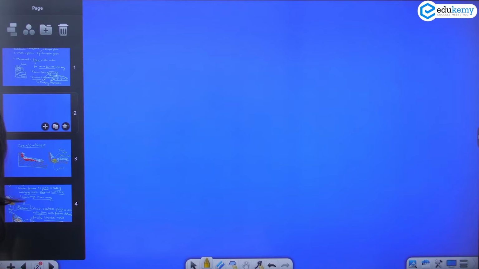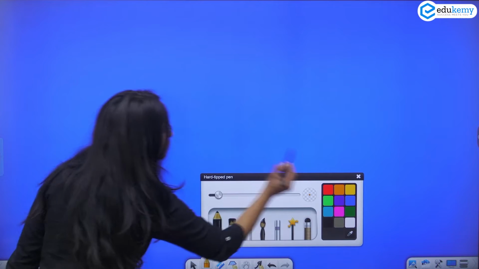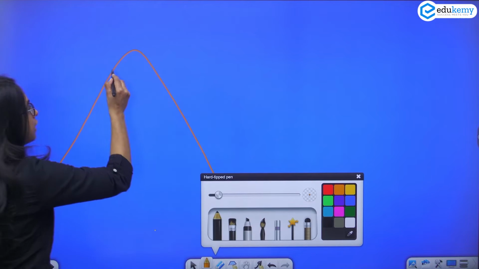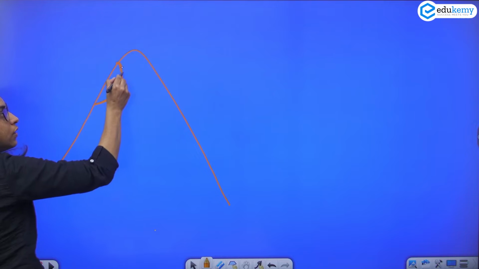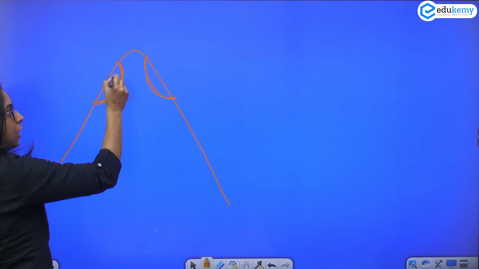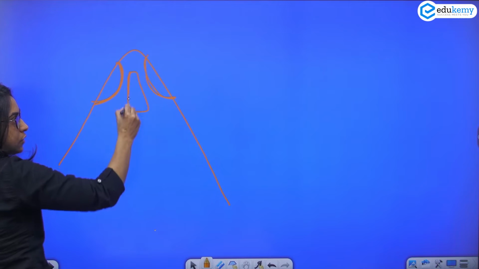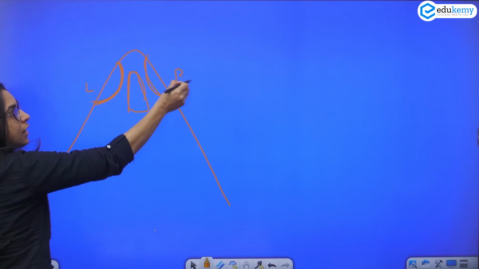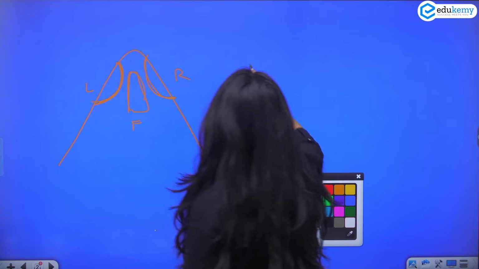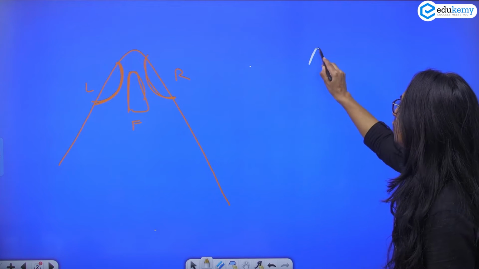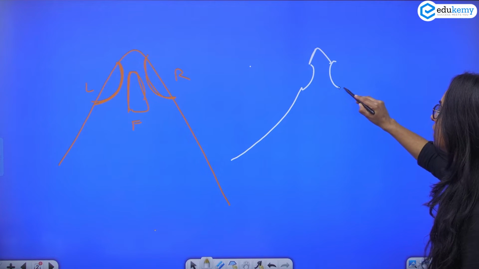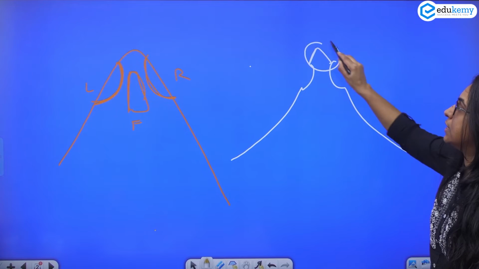So what is happening is, if this is the mountain, imagine it is being steepened from this side because of the abrasion. It is being steepened from this side because of the abrasion, and also from this side, which is the front side. This is the left, this is the right, and this is the front side. So here what will happen is you will have a peak which is standing out. Here this is the profile. So this peak is standing out.